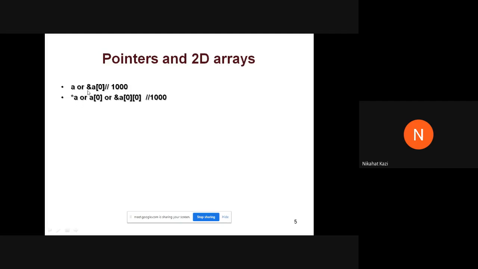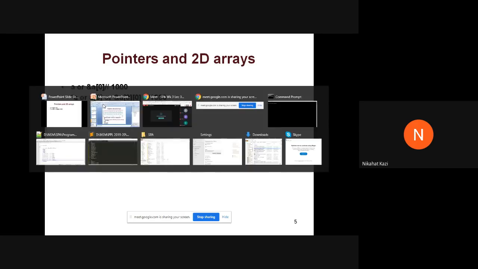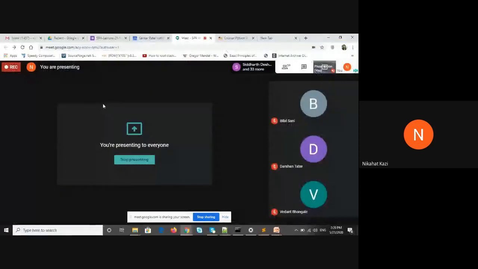So star and address of will get cancelled off, and you will get A of 0. Once you get A of 0, what is A of 0? A of 0 is nothing but the name of the first 1D array. It is a name, yes or no? It is the name of the first 1D array.